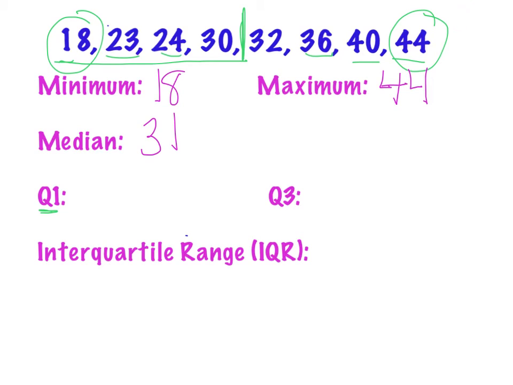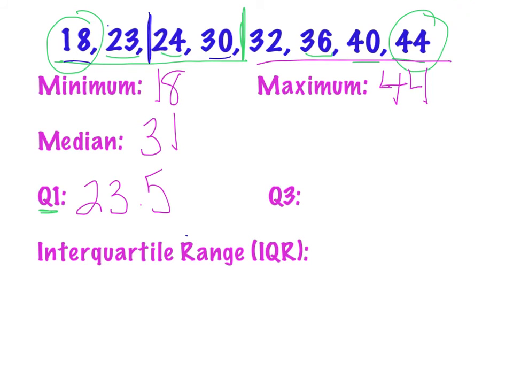Okay, if I find the median for that, so back and forth again, we have once again 2 in the middle. So thinking about what number is between 23 and 24 would be 23.5. Okay, and then looking at your upper